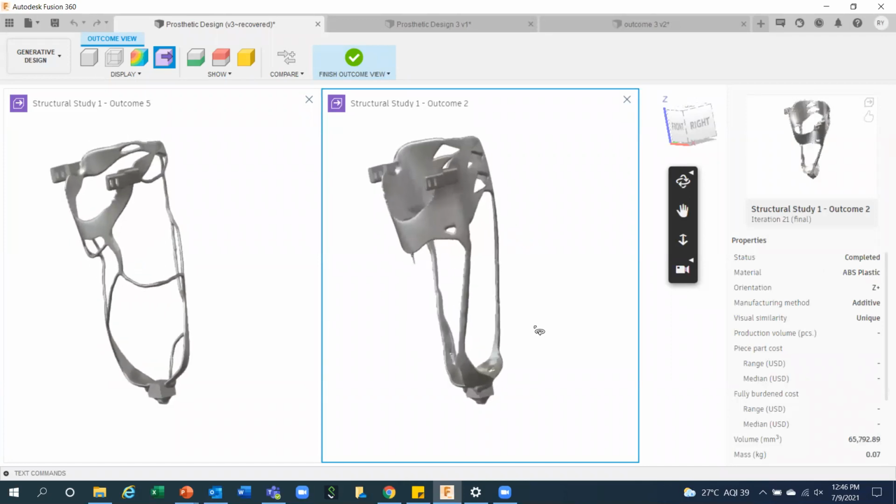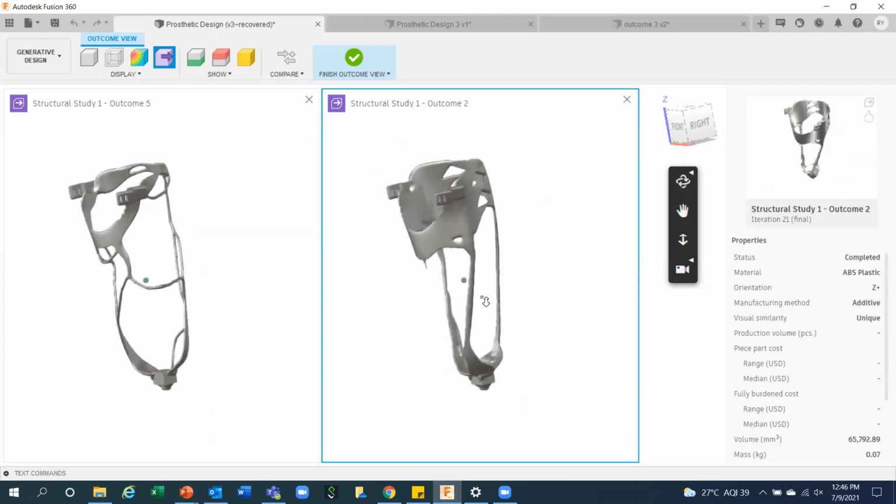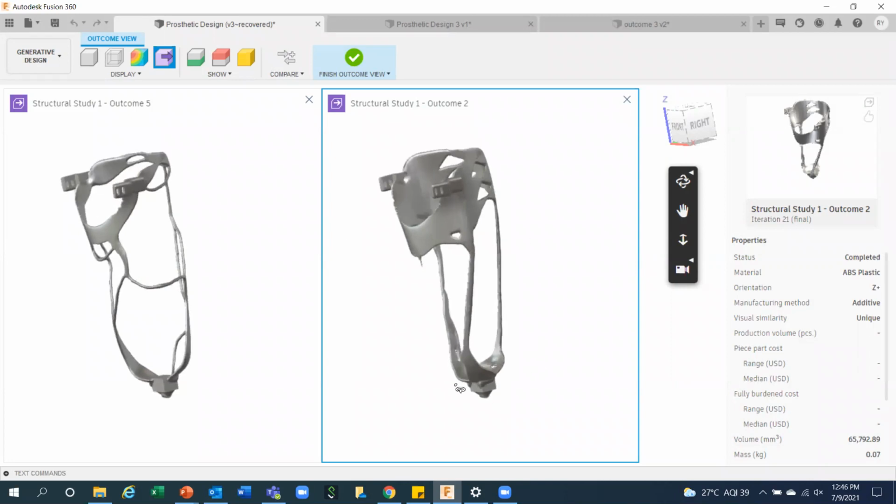No, as I already told you, challenges are always happening. I have already told you this entire coverage of the leg is creating a lot of sweating issue for the patient. So we want to make this prosthetic a little bit airy so that air can circulate in and out. That is a single challenge which I am telling you. There might be other challenges also. But again, with this design, suppose my prosthetic is working fine, then you can see how much material I can save.